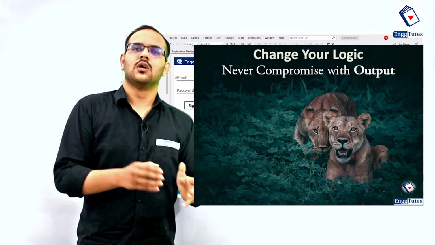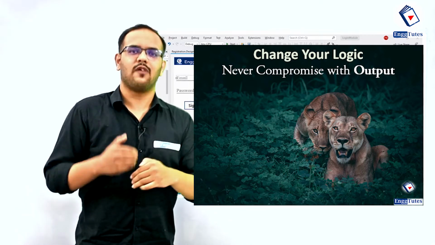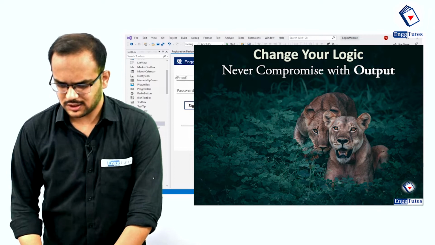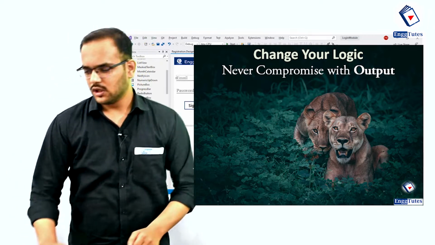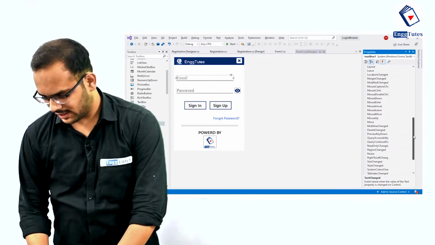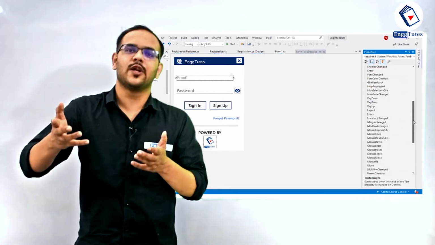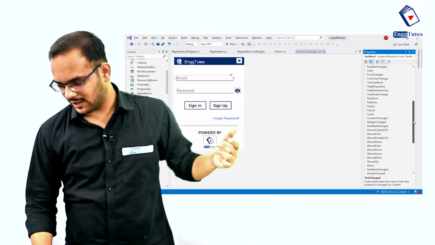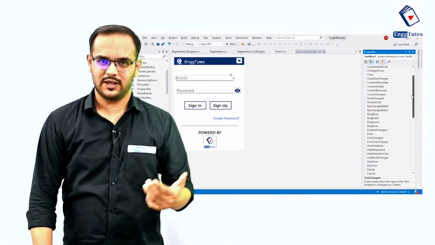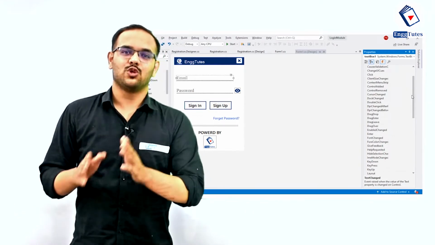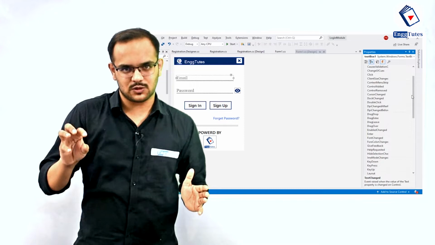Again, there is no default mechanism for it. We have to apply our own creativity, right? So we know there are certain events associated with text boxes. So we can use the enter and leave events. You might be thinking how this guy knows what event we should use. I don't know really. I haven't memorized all the events and what they are. I have searched on Google, and Google tells us these particular things. So you have to use Google for these small things.